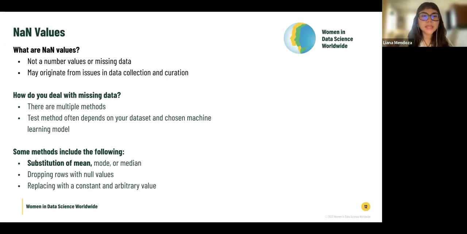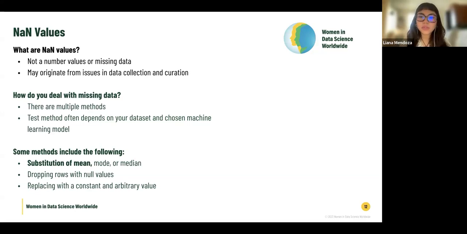And this is by getting the mean of each category or column and using the mean to replace the missing values. And we will also be working with backward fills, forward fills, etc. But again, there are multiple methods of handling null values, and so it is recommended that you experiment with different methods.